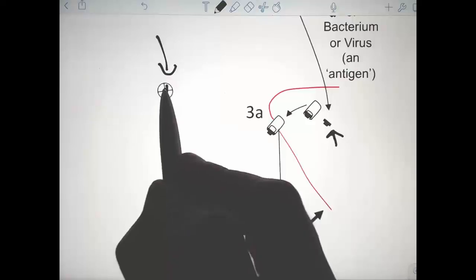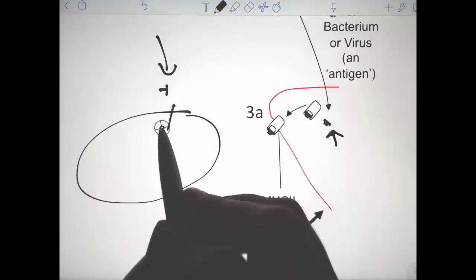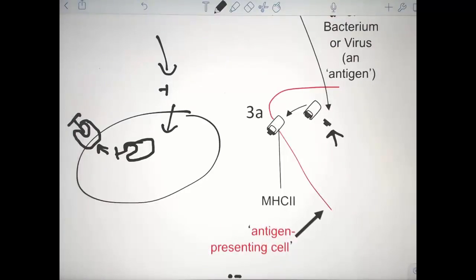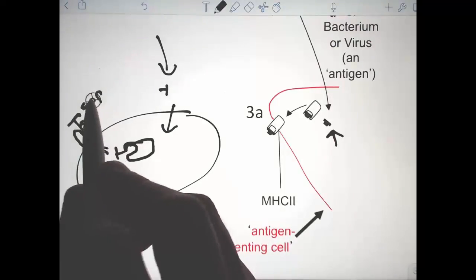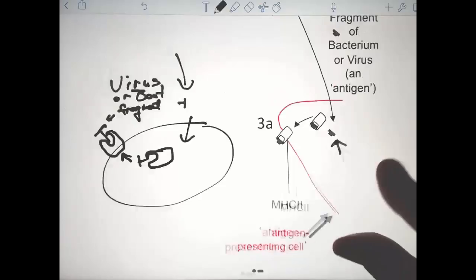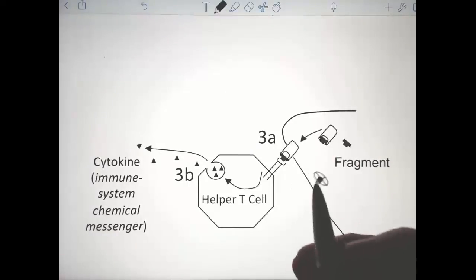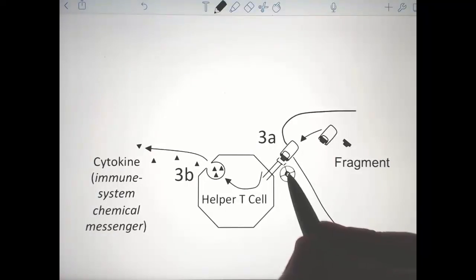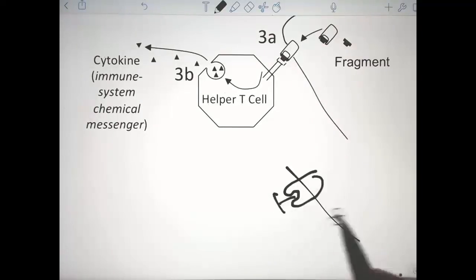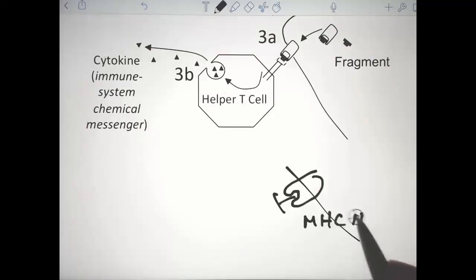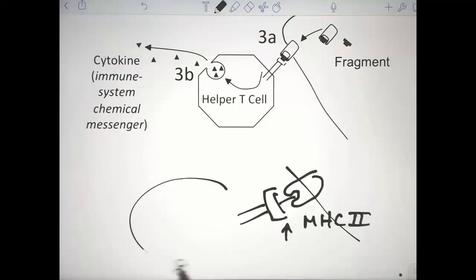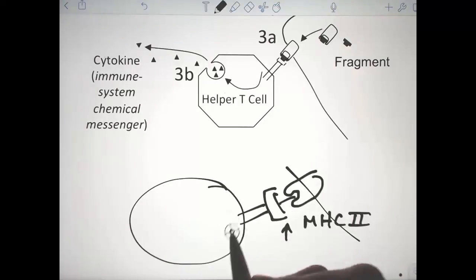So a fragment gets moved into an antigen-presenting cell, and then that MHC class 2 with the fragment from a virus or bacterium gets presented on the surface. When a helper T cell, which has also gone through gene rearrangements, binds, here's our antigen presenting cell with MHC class 2 and the virus or bacterium, and if our helper T cell has a matching piece, that activates a